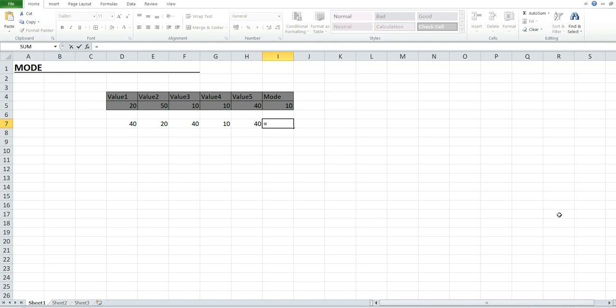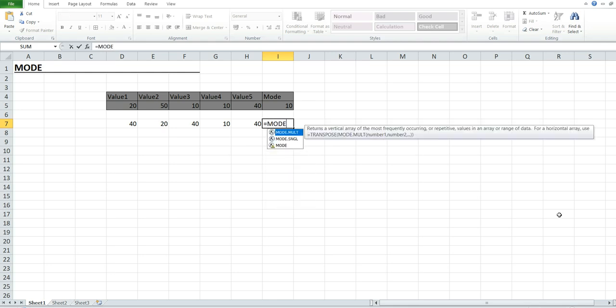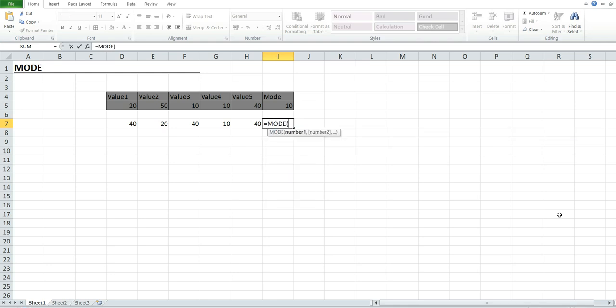I'm going to use the MODE function here. MODE, select the range, close parenthesis, press enter. As you can see, we got 40 here because 40 is a duplicate number in the table, right?